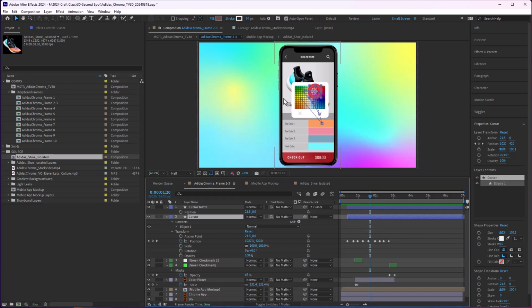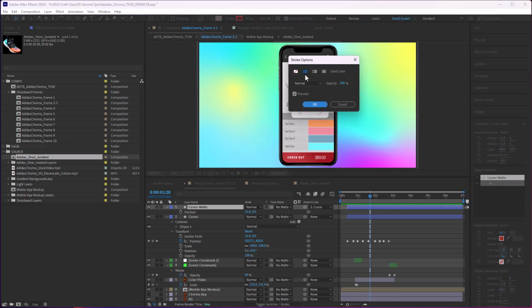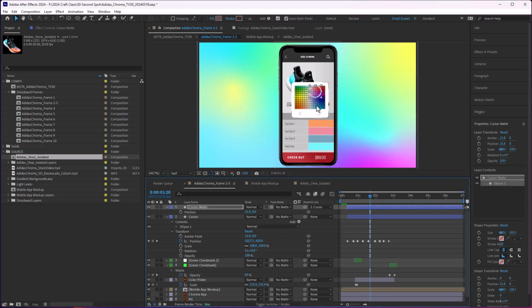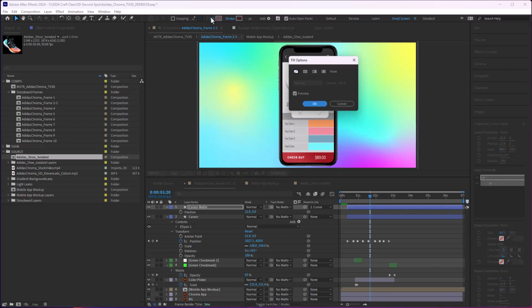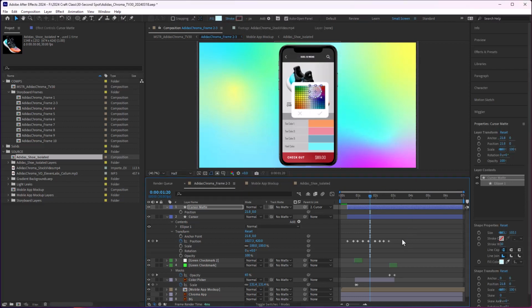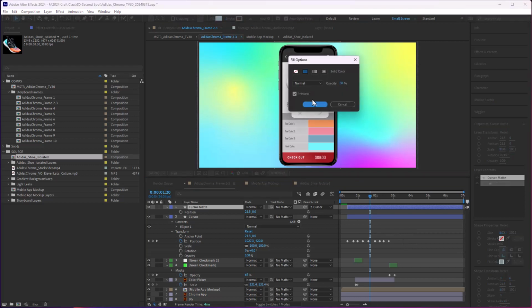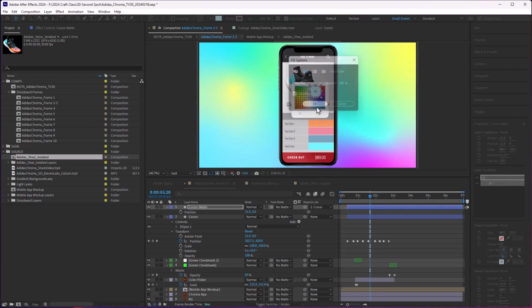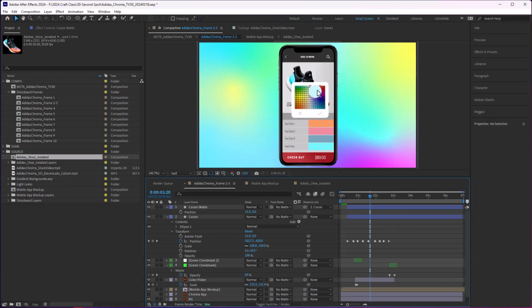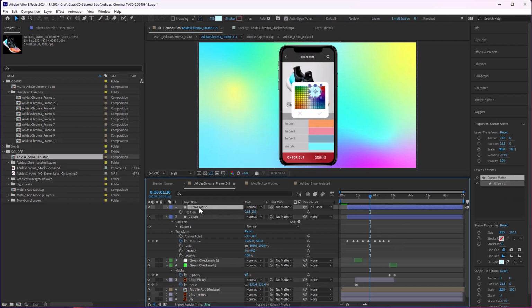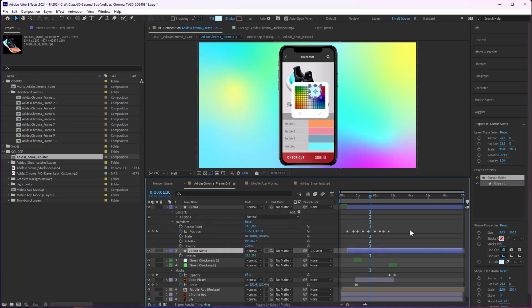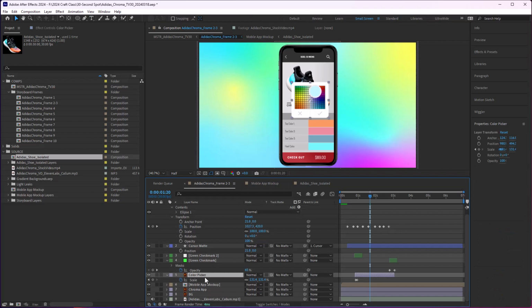So now that I have this parented, I want to first of all turn this off because I don't want a stroke for this layer. I actually want a fill, and I'll show you why in a second. So we have the fill set up. Make sure the opacity is 100%, and now it's covering up that matte or the color picker. And that's great, because what I want to do is actually duplicate this color picker,